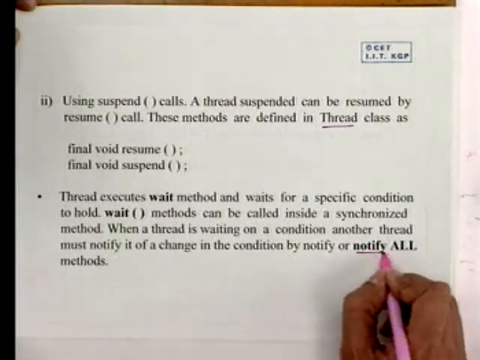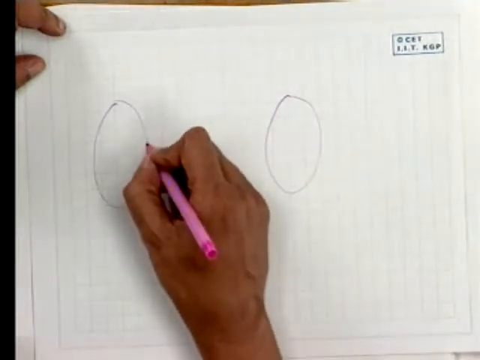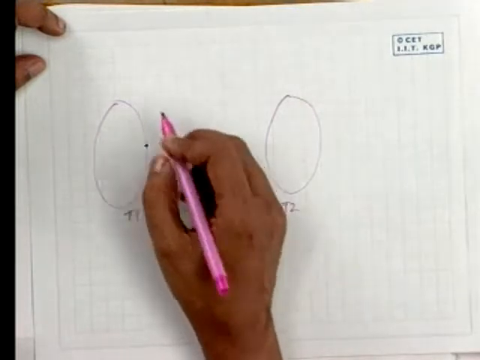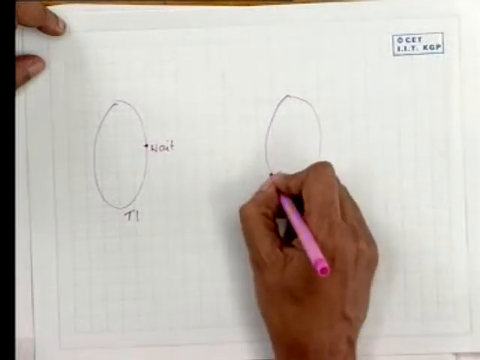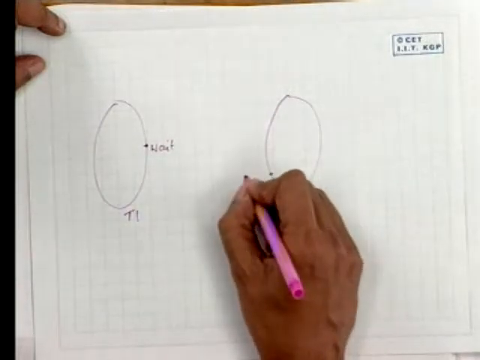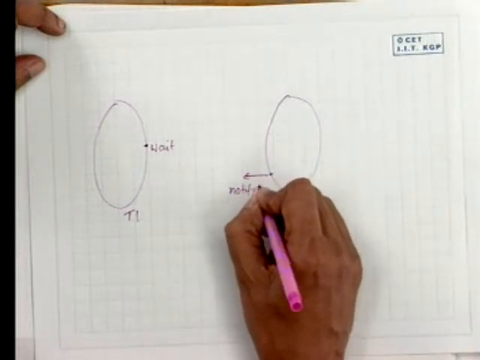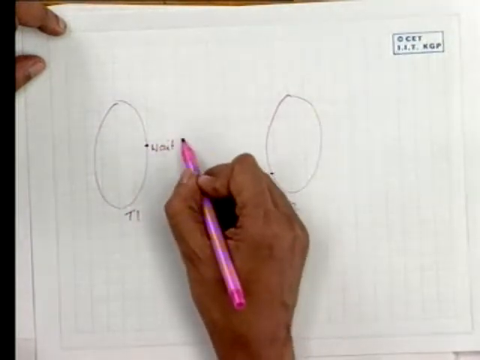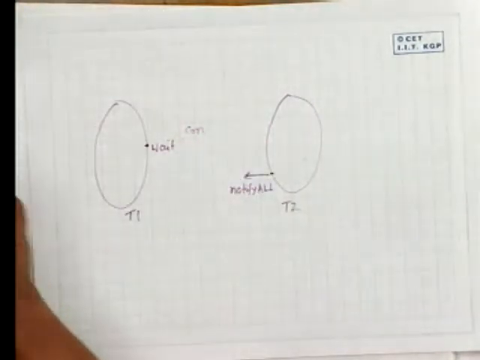using the construct called notify all. So basically, suppose this is one thread executing and this is another thread. Now this thread, say thread 1, waits for something at this stage of its execution, and here it waits. At this stage, when the other thread has done something, it executes a method, say notify all, saying that the condition C on which the first thread is waiting has been satisfied,